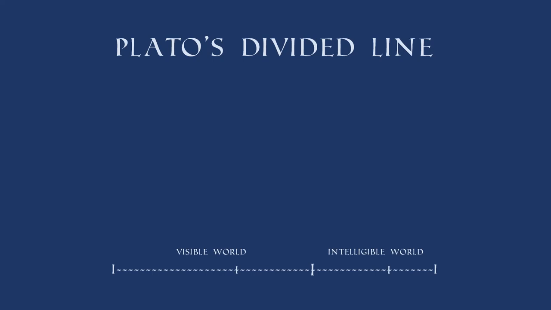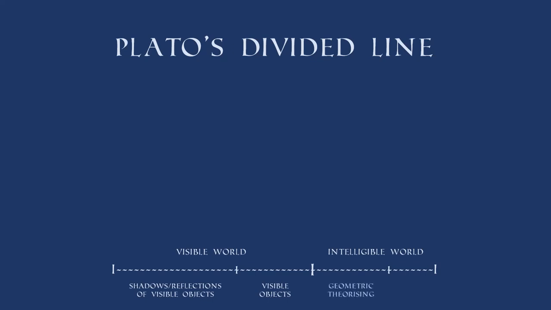Now, the subdivision that you get in each one of those is described at this point in the dialogue. So the visible world consists of these two things in terms of how it's talked about here. There's the shadows and the reflections of visible objects. So that's not objects themselves. It's, I suppose, indications that the objects are there. And then the next one is the actual objects. So you have an indication of something in that first part here, but then you have the thing itself in this second part here. Now that's understood in terms of how we experience things with our senses.